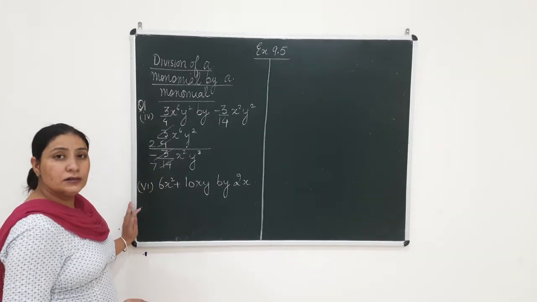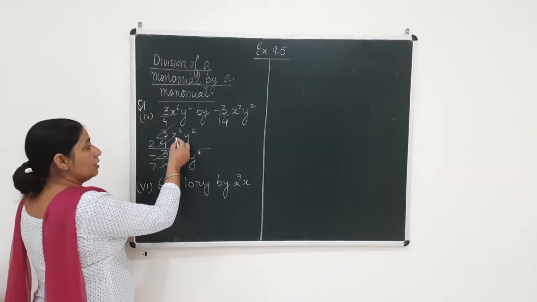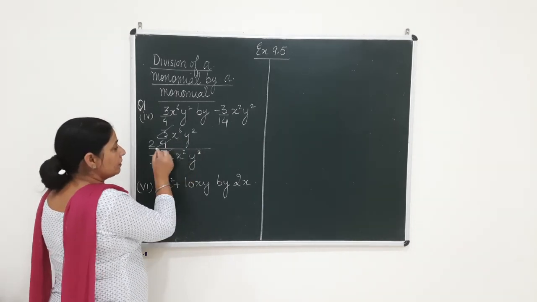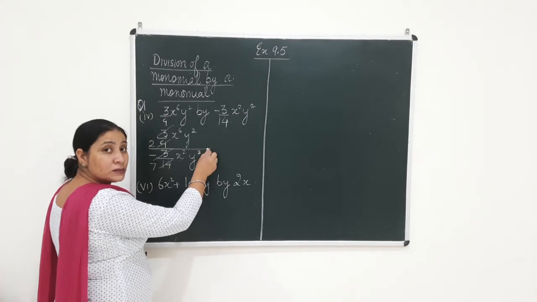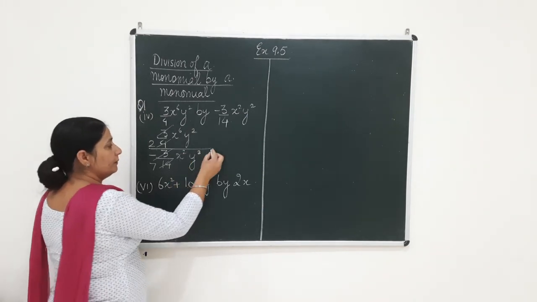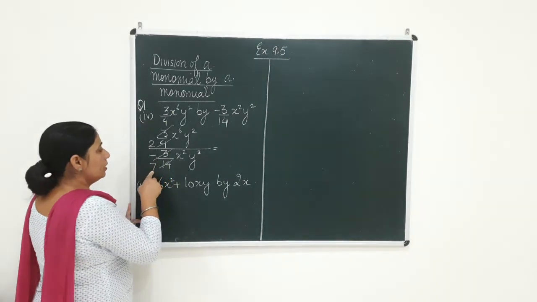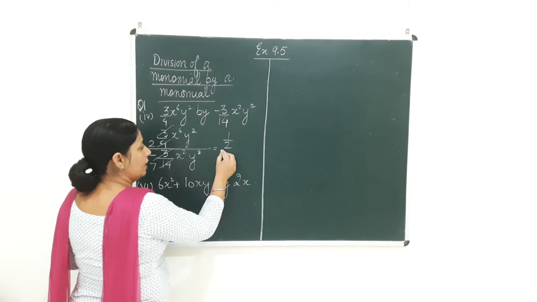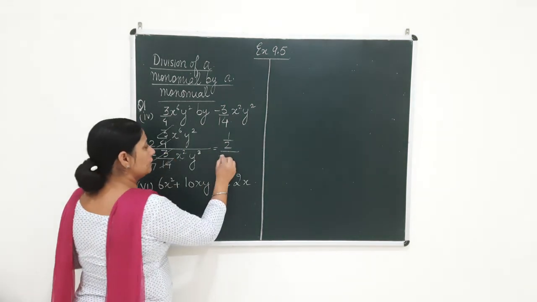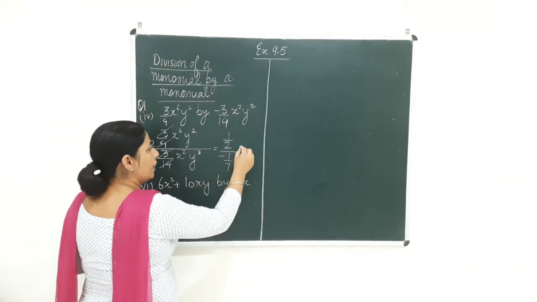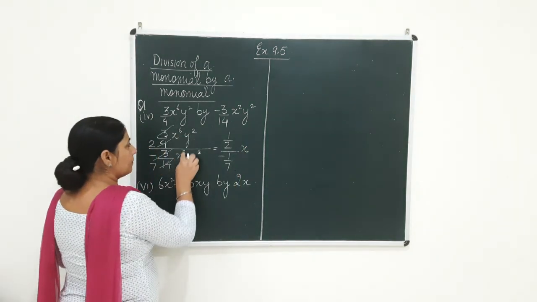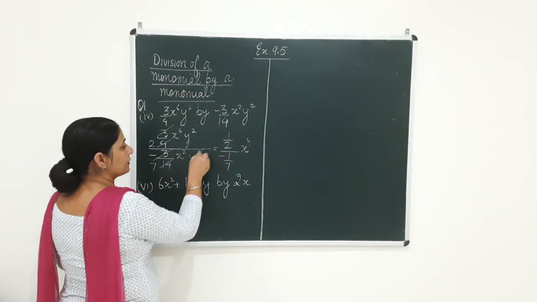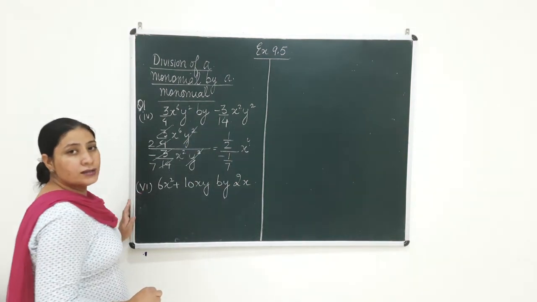Now let's come to the variables. Here we have x power 6, here we have x power 2. You know when the bases are same and there is a divide sign, you subtract the powers. So what you will get? In the numerator you get 1 upon 2, okay? And you have got minus 1 upon 7 in the denominator. And here beta you have got x power 6 minus 2 which is equal to 4, and y power 2 and y power 2 get cancelled and y is no more in the answer.